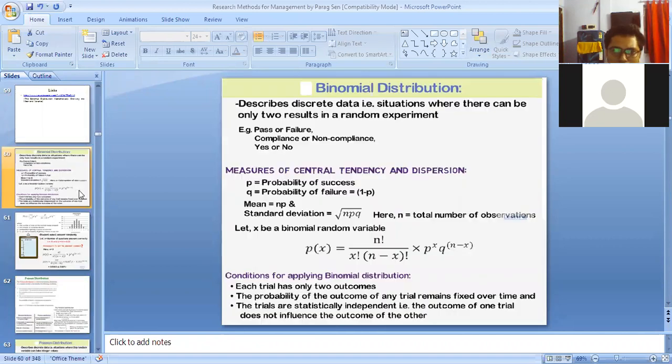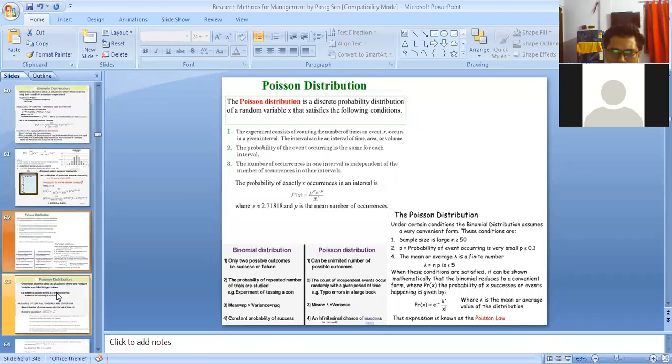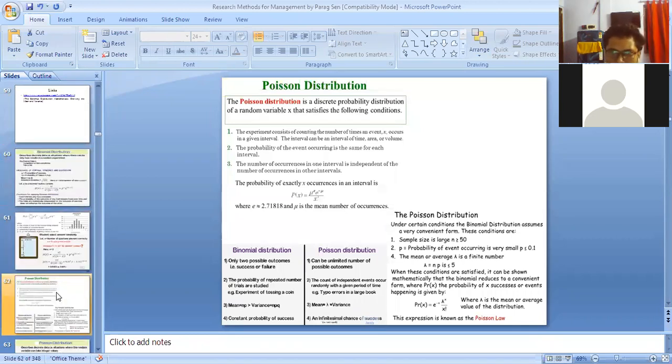Okay, what is the formula for mean in case of binomial distribution? How can you calculate the standard deviation for binomial distribution, or in case of Poisson distribution, in case of exponential distribution? What are the differences between these things? All these things you can look at; I am not going into that kind of thing. Because if I want to discuss all those distributions, it is very difficult to complete the syllabus. But the basic things are already given in the PPT.